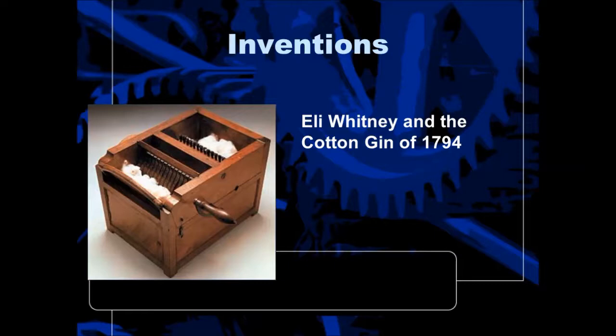And Eli Whitney saw the torture of it all and created this cotton gin. And once the syrup is dried out of the cotton, you just put it into this machine and it combed it out for you. The women didn't have to do it anymore. And he felt like it would increase the need for the process of cotton, but it would also help slaves in their day-to-day chores.